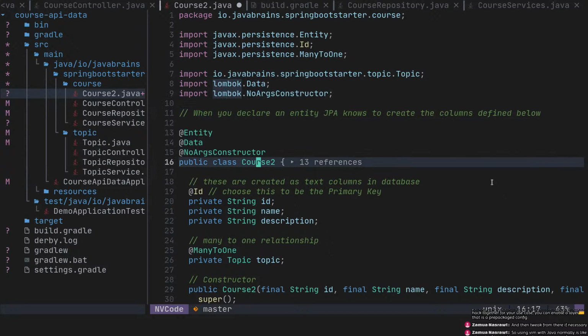Also, there's things like hovering. So you can see, okay, what's the full path to this? I just did Shift K on top of it, and it gave me that. So it's just that COC is way more polished and way more mature at this point. So I would not trade it in for now because